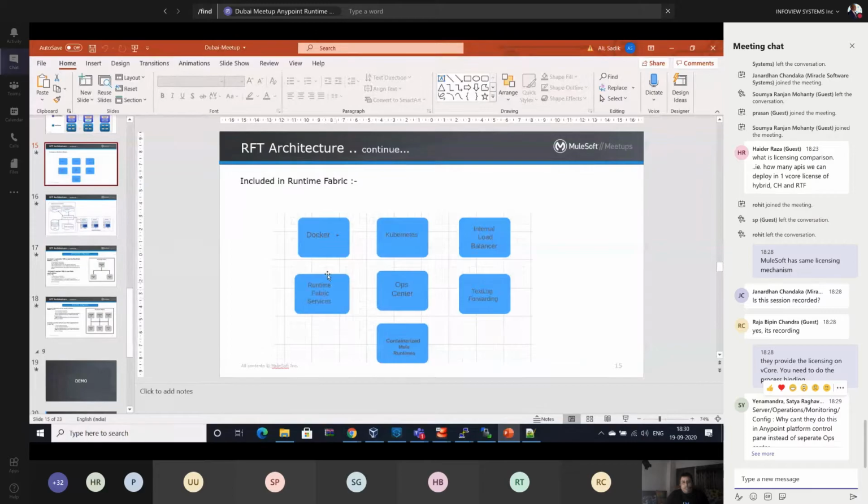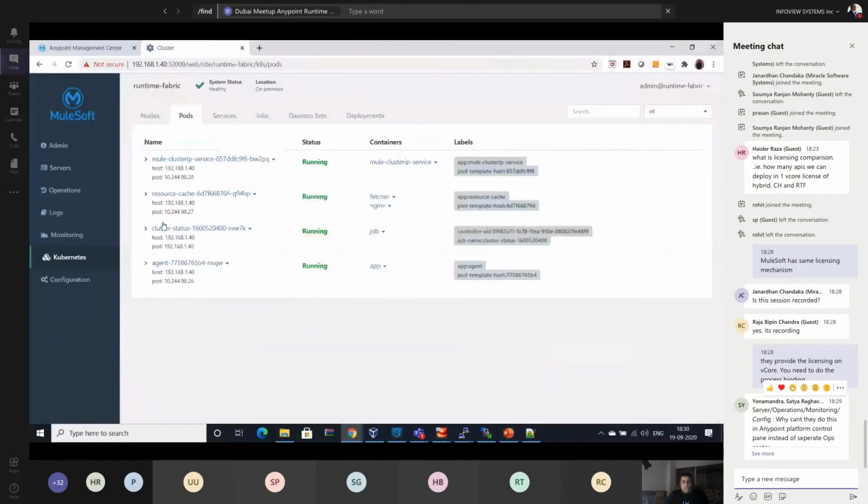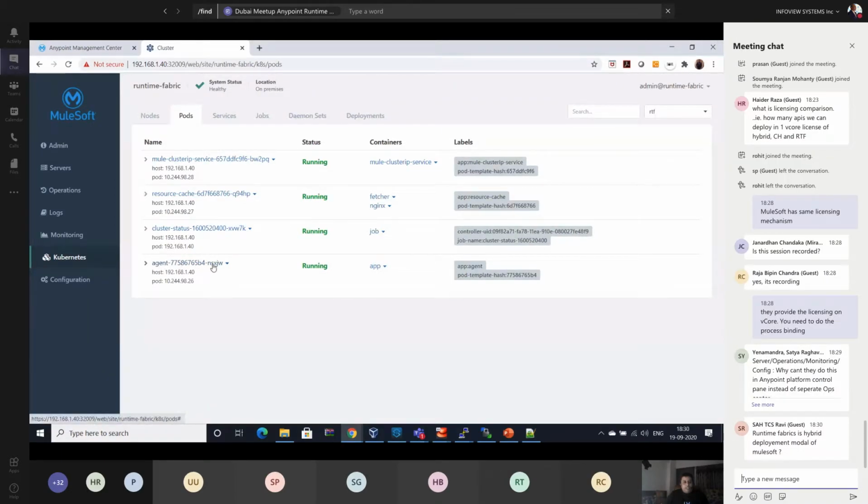It should be working and available for the fabric. So it works and checks, and the rest of the pods are created for them. The agent has the responsibility to communicate with the Anypoint control plane, but the rest of them validate the resources, cluster status and memory available in the platform.